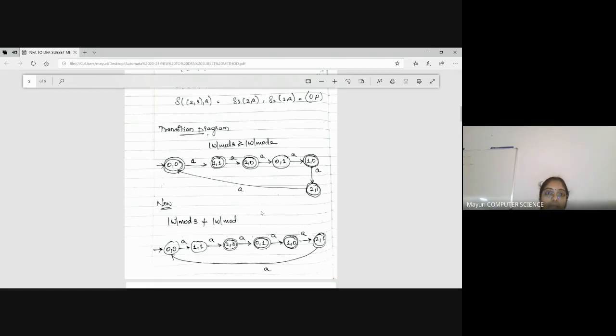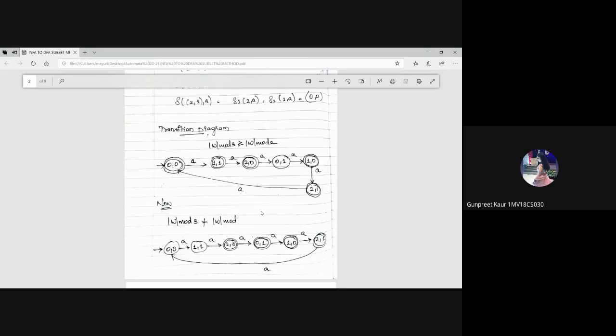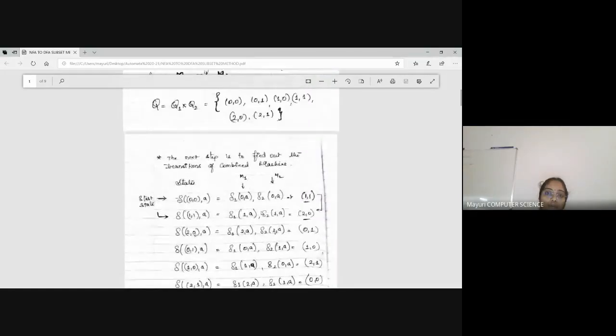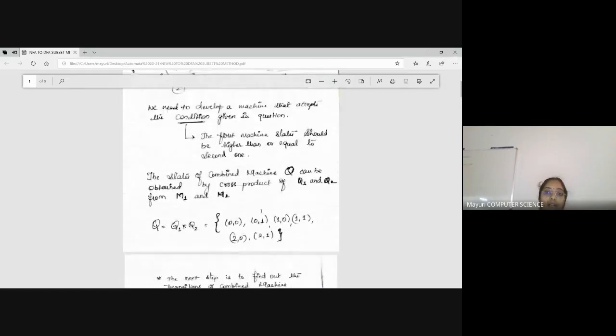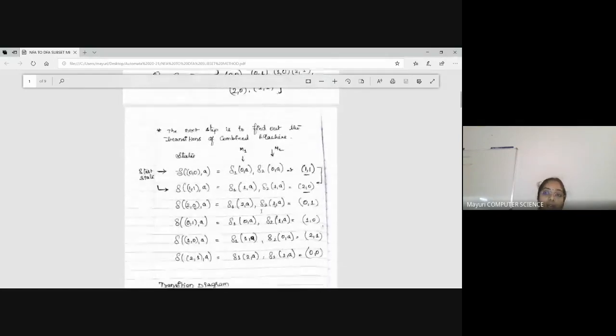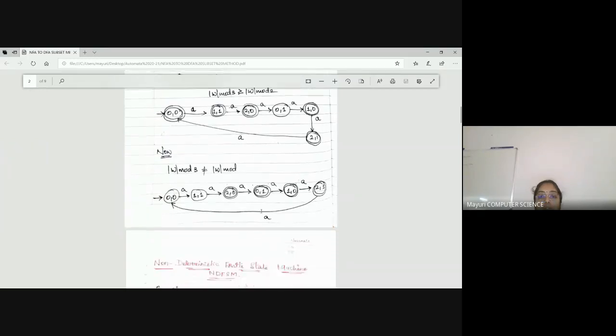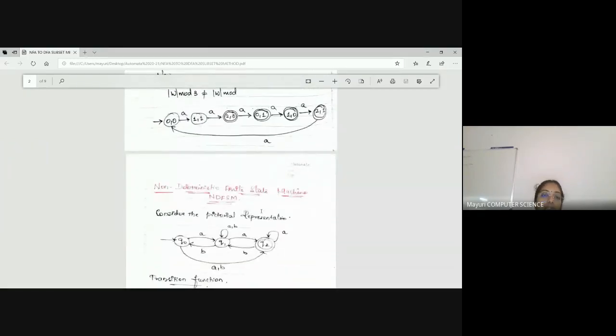Have you understood? Yes, ma'am. So this is one type of question I forgot to do, I think, in the previous classes. So this type of question is also possible. I hope I have covered the entire concepts, what type of questions they may ask you in the VTU examination. And further examples, if you see in your book, you can go through on your own.